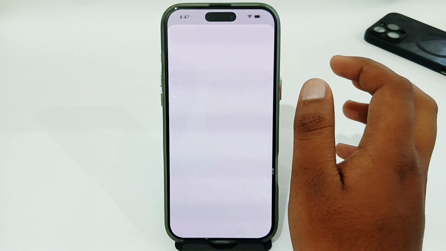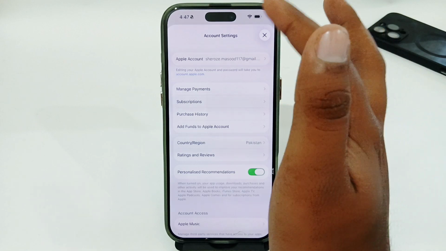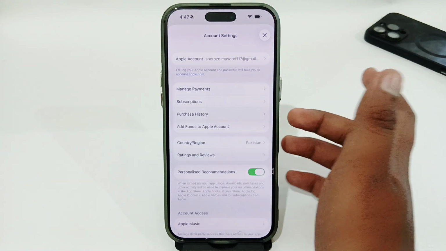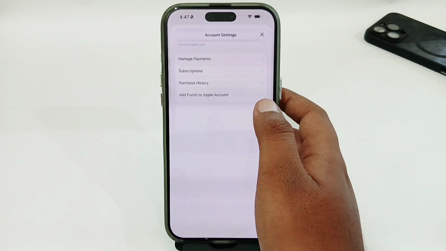and then you just have to wait for the next screen. You might have to verify yourself using your Face ID or Apple ID password. Then select the country or region option from here,